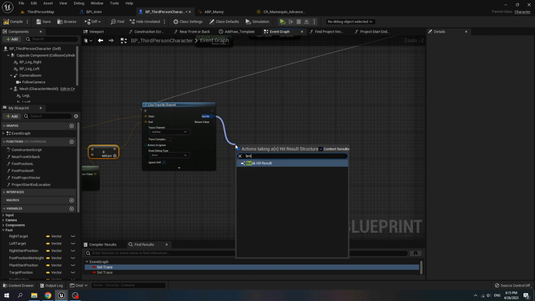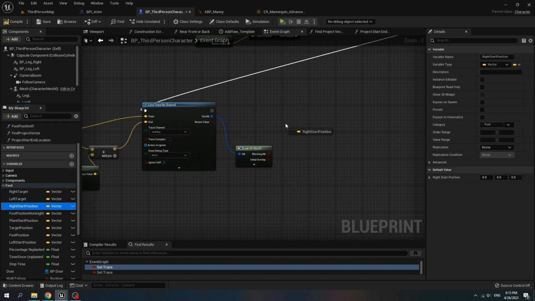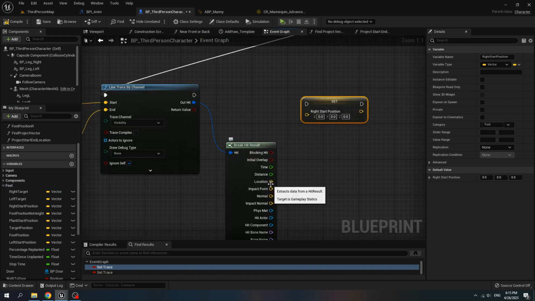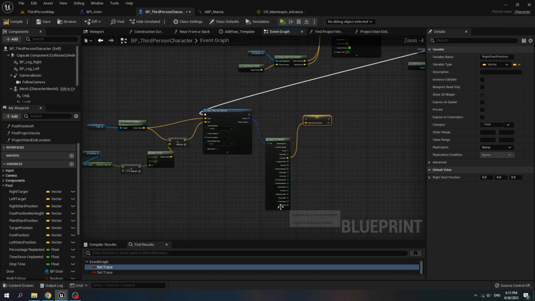Break the hit result and set right start position, next location to the right start position.